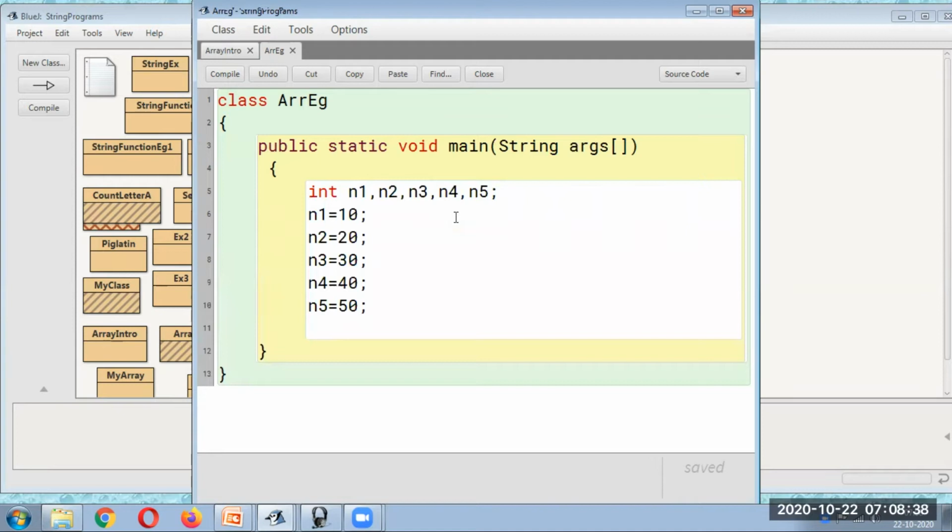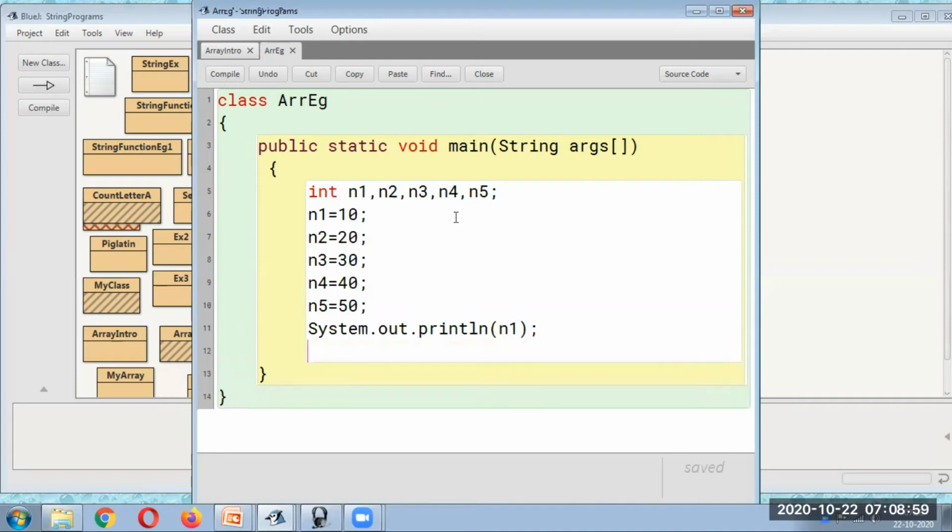Then when you want to display, you can simply write System.out.println n1, and you need to write this five times.